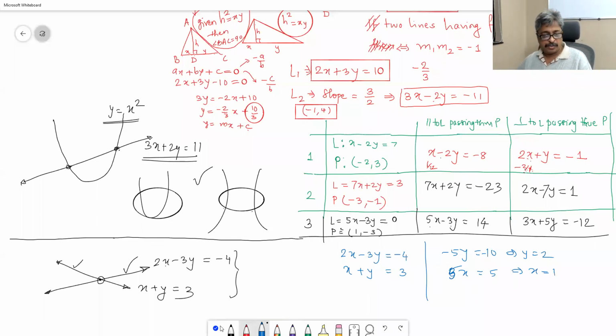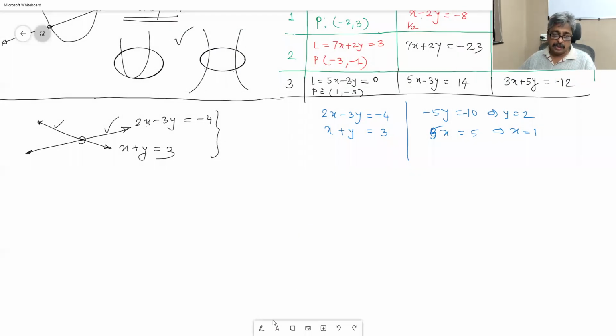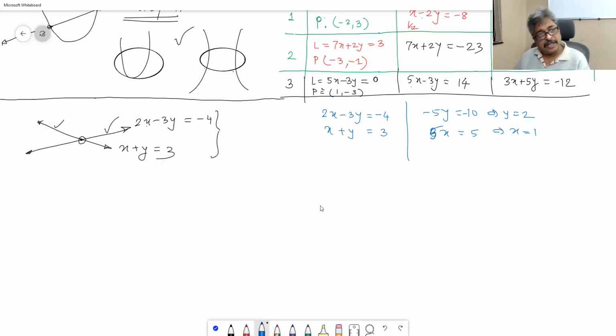I think you are aware of a few of them, but let me teach you the one which is going to last long. These methods will be useful for 2 by 2 or 3 by 3 at most. The method that I am going to tell you now is going to last long. That means it will work for n by n. Eventually you can find the points of intersection of higher dimensional systems only by this method. It is called Cramer's rule.